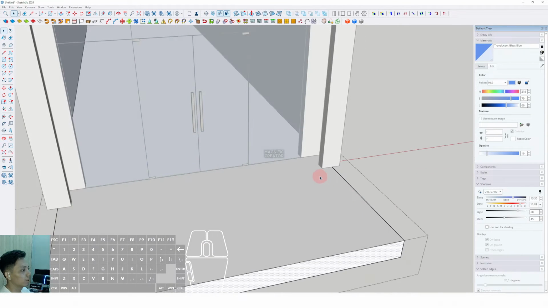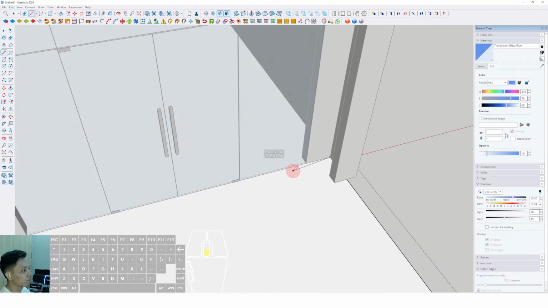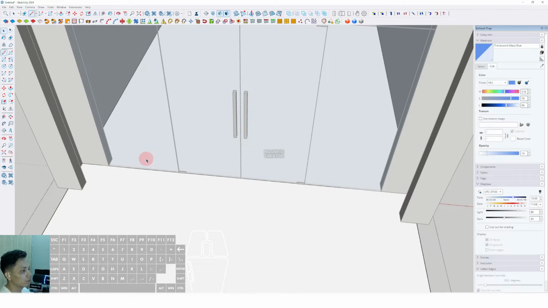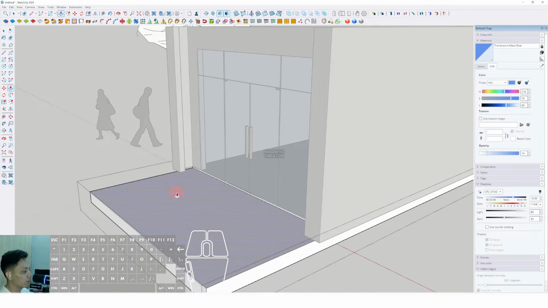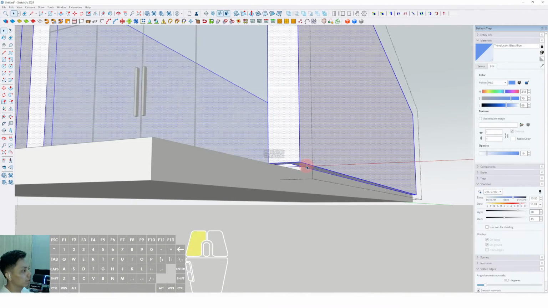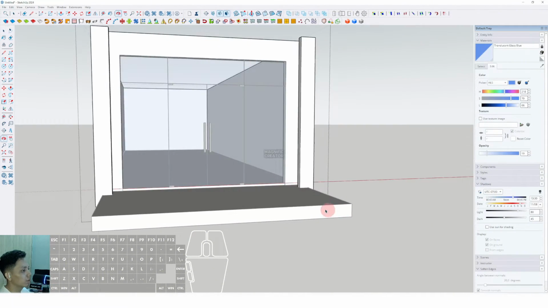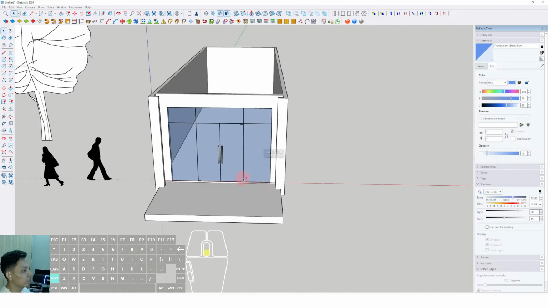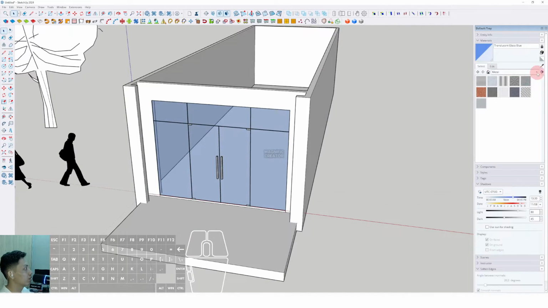Okay, then now we can click from this point until this point. Then we can push it down until approximately 50 millimeter, then we can push it down again until this position. Okay, and it's done. And then we can also add more flooring elements using another